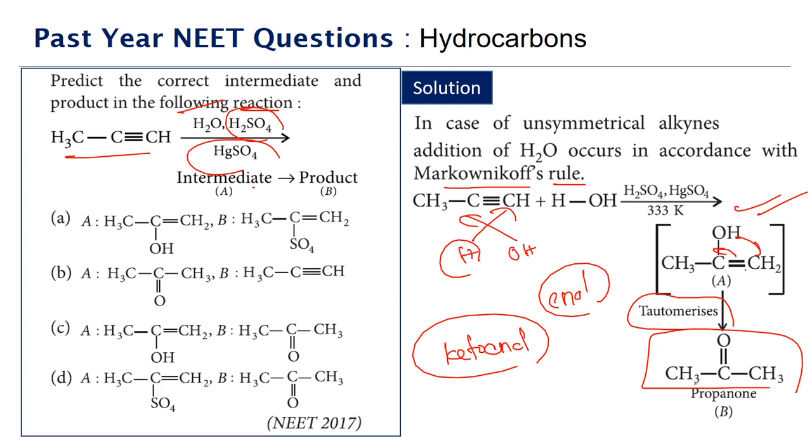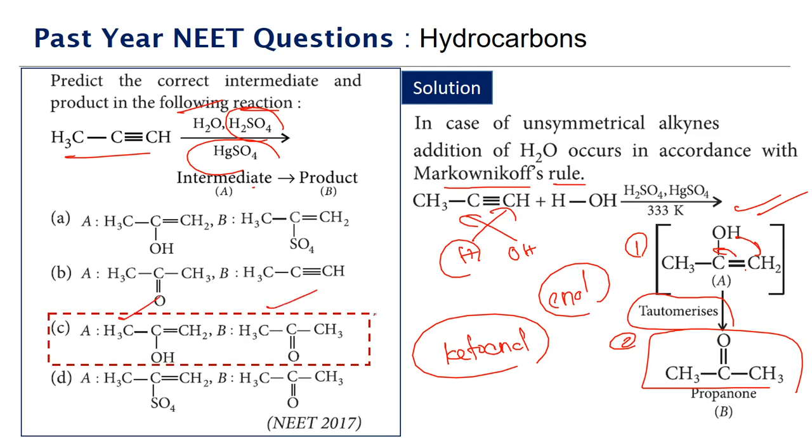The stability of the product will depend upon various other factors, but the final composition will be tilted more towards the two forms. We'll have an enol form and we'll have a keto form. Whichever is more stable will have a major proportion. The first compound to be formed will be the enol, and we'll see that this will get tautomerized to form the respective ketone. So the correct answer for this is option C.